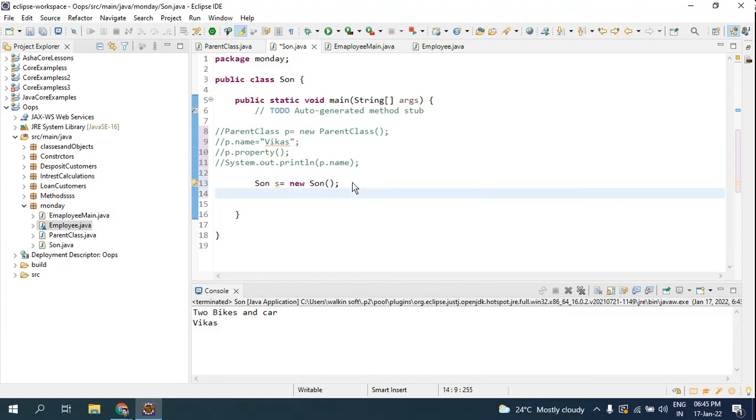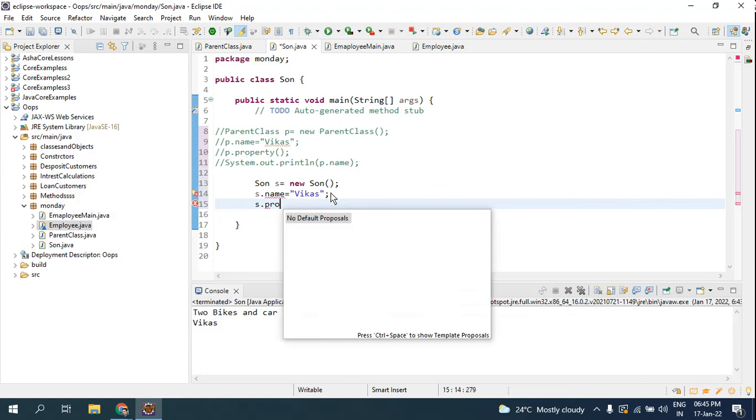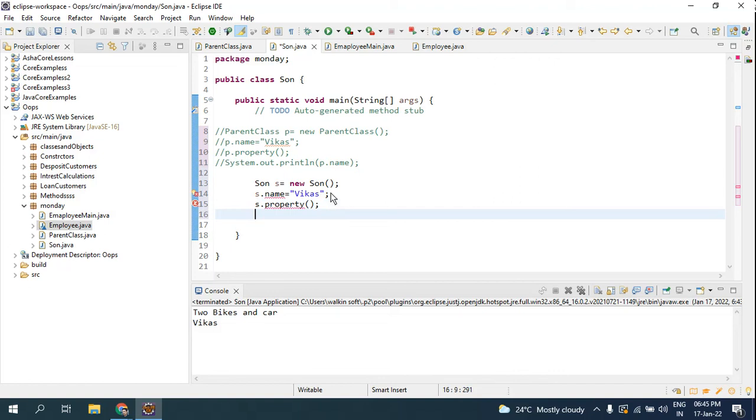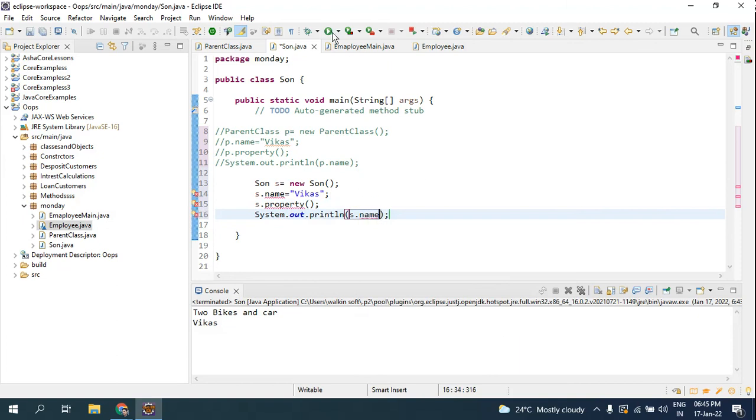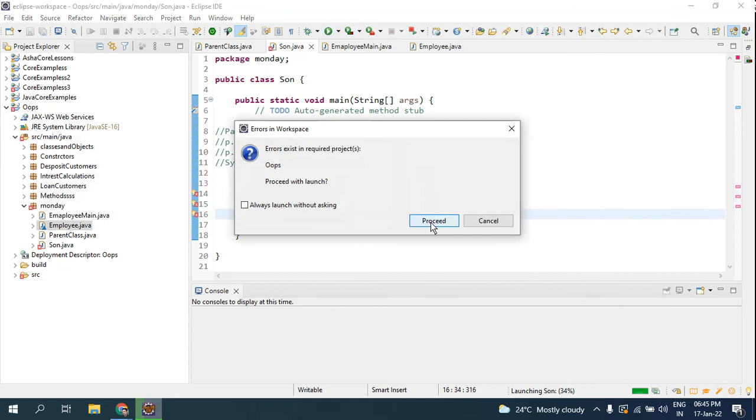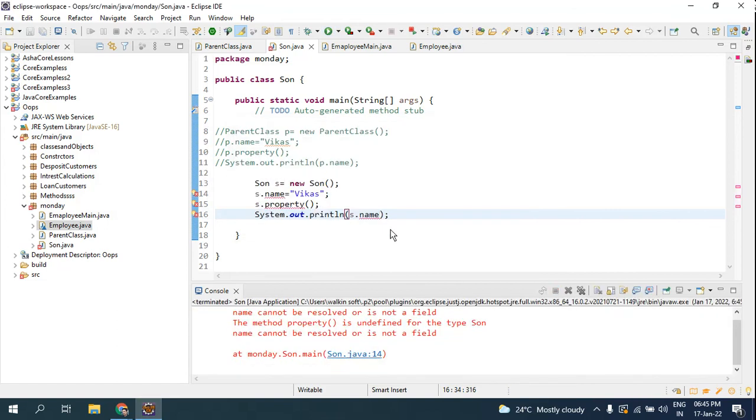Now if I check s.name is equal to Vikas and s.property, look here, you are getting an error. If you create an object of that particular class, you didn't get the error, but now you are getting an error.